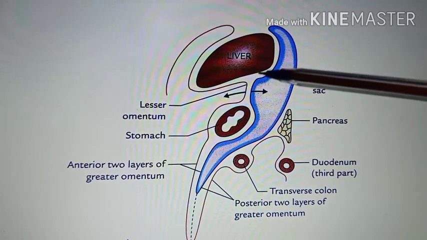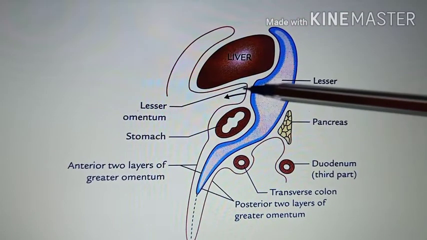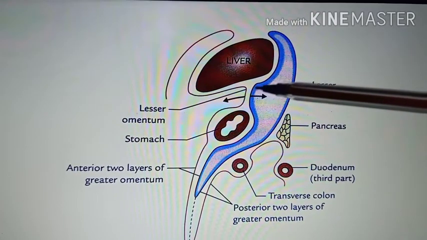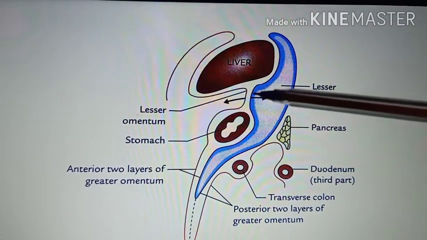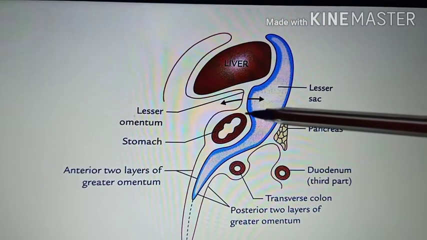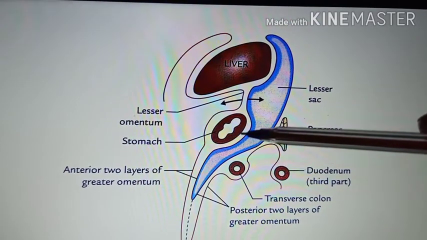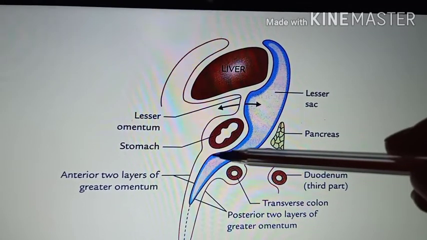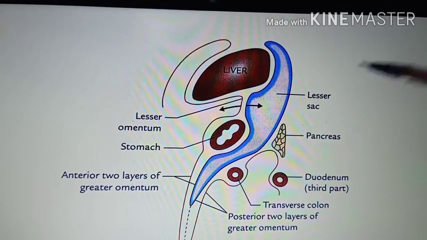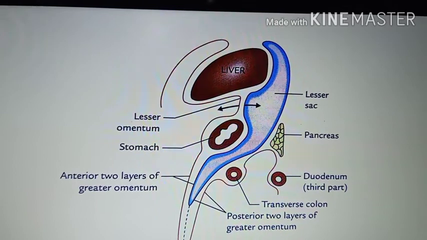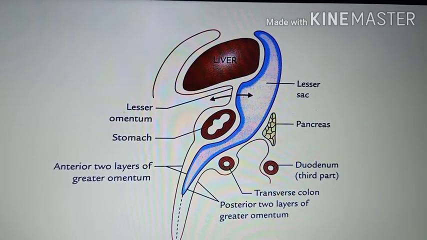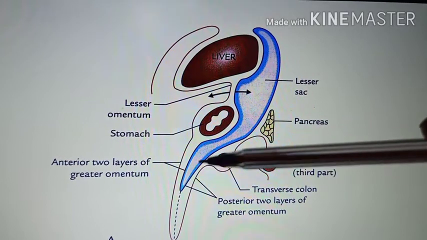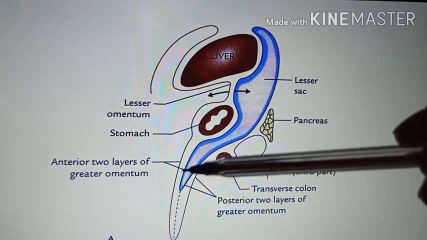While coming to the anterior wall, from above downwards, you can see the peritoneum which is covering the caudate lobe as well as the caudate process of the liver. Then you are having the posterior layer of lesser omentum. Then peritoneum which is covering the posterior-inferior surface of the stomach and adjoining surface of proximal half of first part of duodenum, which is not seen in this picture. Then you are having the second layer of greater omentum.